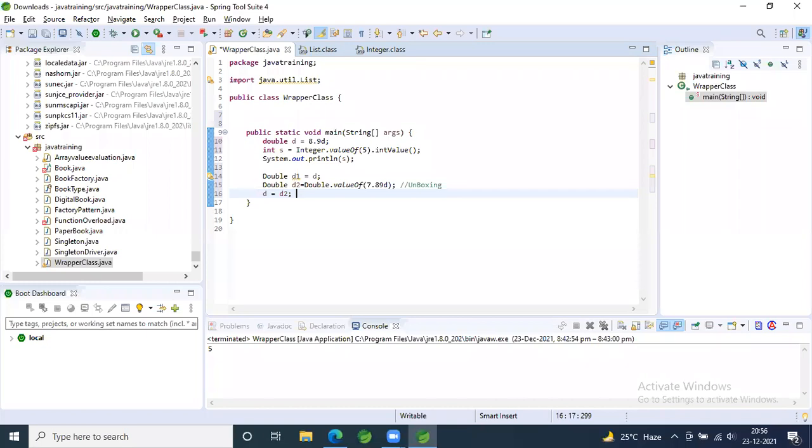Line 16 is also unboxing. Lines 15 and 16 are both the same. Earlier we were directly assigning to the variable D; now we took it as an object and then assigned it in line 16. So whatever you receive as an object, we assign directly to a primitive value. That is called unboxing. Now, can you add one more line?